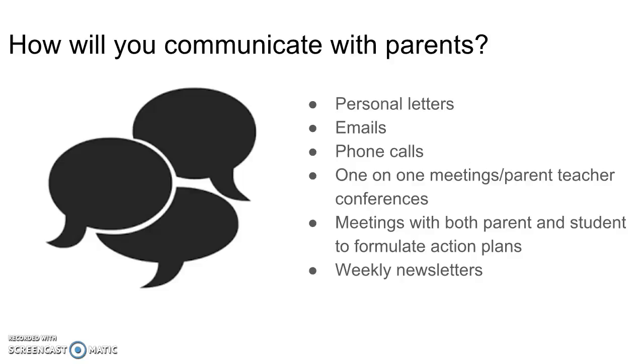So personal letters, I will be sending those. Actually, you should have already gotten one. I sent a postcard maybe about a month ago, end of July there, just to introduce myself to my students, to your children. I will do this once again at Christmas. I don't believe in doing it all the time. That gets kind of too cheesy, but